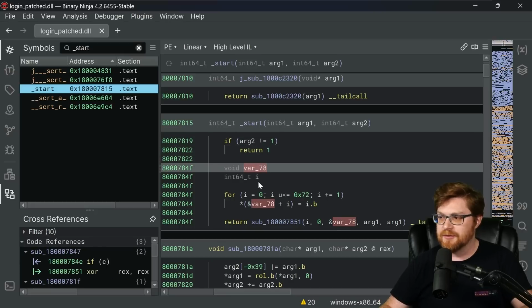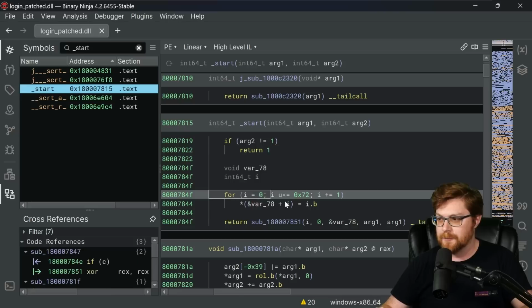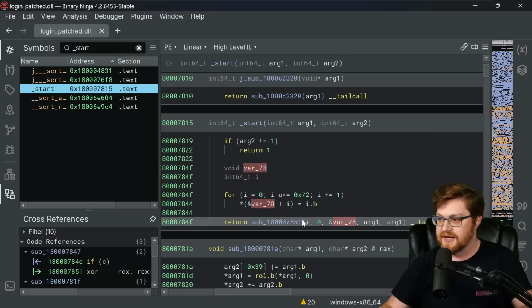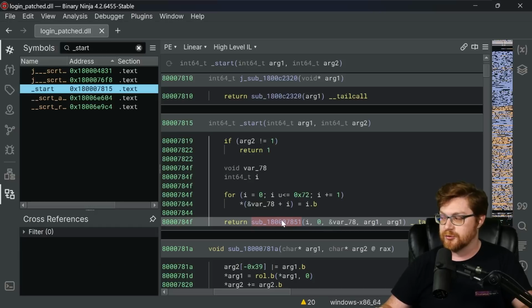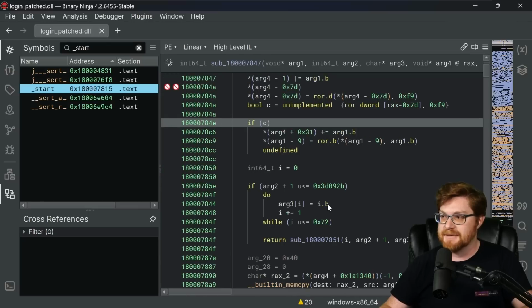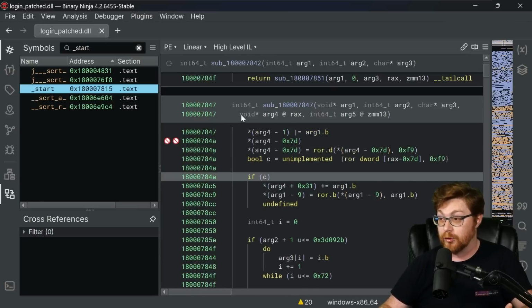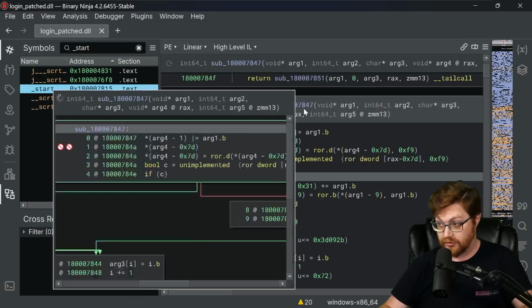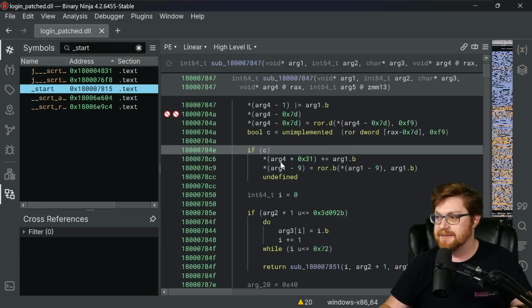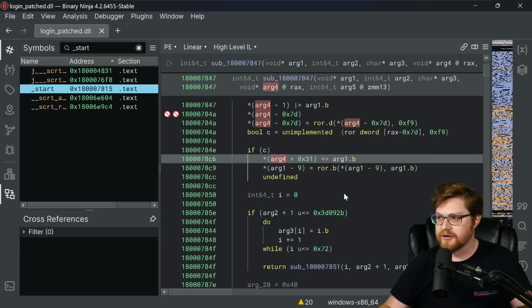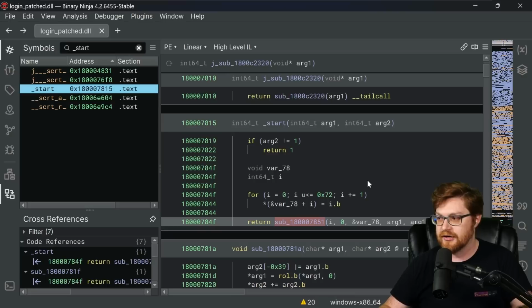Then we do something with a var_28 with a loop up to hex 72, presumably just setting more data there, but that does actually get passed into the sub_18000781 function, which we could double click into to explore more of. This actually brings us in the middle, or at least close to maybe more of the top of sub_18000787. That did take a lot of arguments. Maybe we could actually keep track of that because we can see it's doing stuff with arg4, arg1, all of the parameters there. So if I hit escape on my keyboard to go back, we could see this was passed